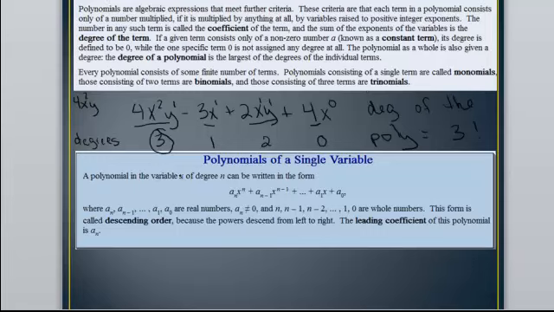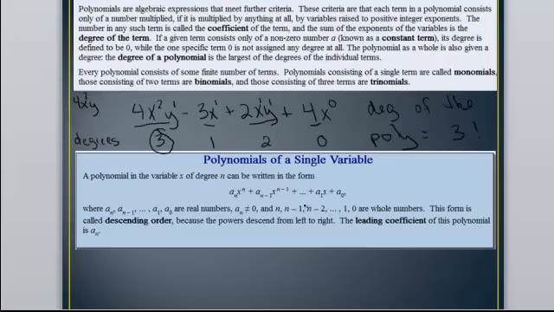A polynomial in the variable x of degree n can be written in this form: a sub n x to the n plus a sub n minus 1 x to the n minus 1 plus a whole bunch of stuff plus a sub 1 x plus a sub 0. What in the world does that mean? Where all of these a sub somethings are real numbers, so that just means all these little a's are real numbers. Kind of like up here, the 4, the negative 3, the 2, and the 4. Those are all real numbers. And